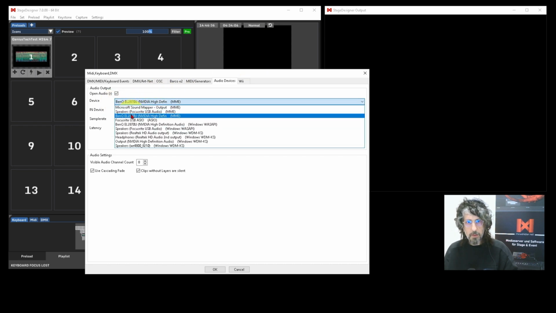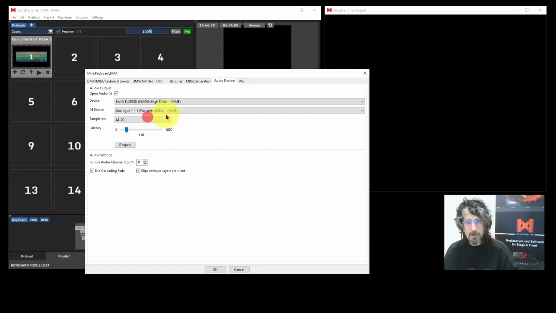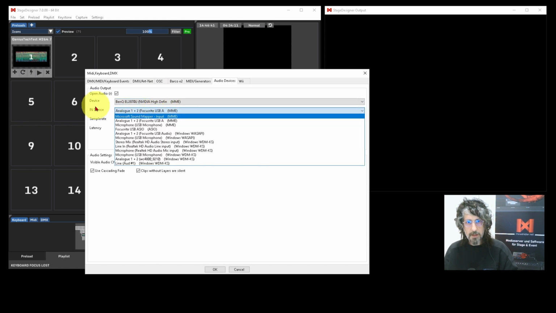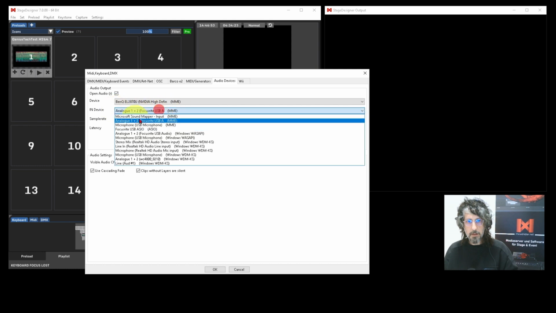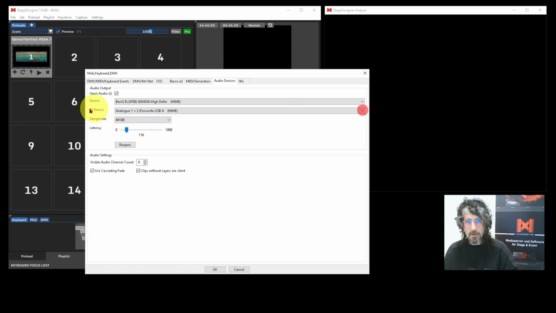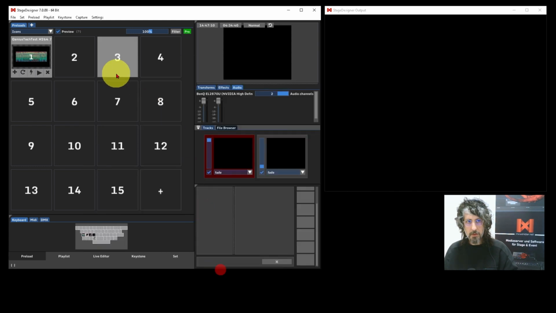send my audio to. I can select it in case I have multiple devices. And from this list, I can select the input device, which means if I would use, for example, audio as input in my live editor for some interactive stuff or projects, I can select it here in the input device from this menu. I can adjust the sample rate, I can adjust the latency in case I have some latency between audio and video. I can adjust it here, and I can click on reopen afterwards, and audio is now